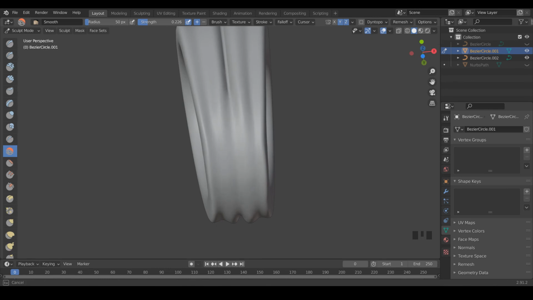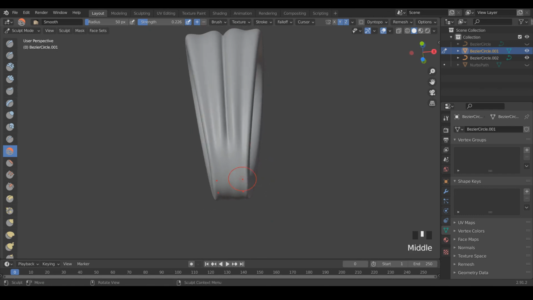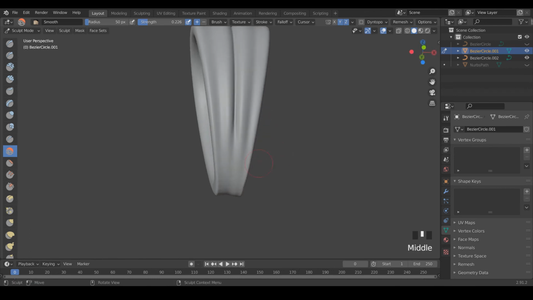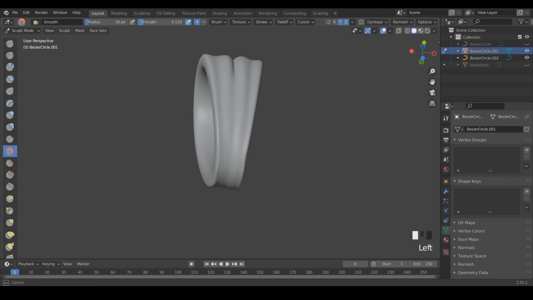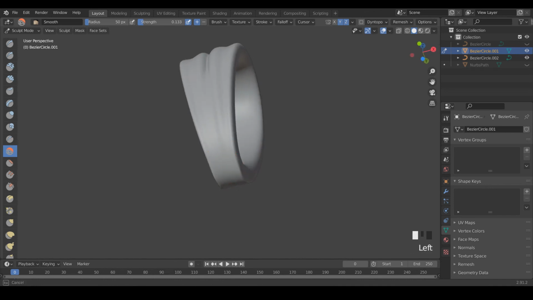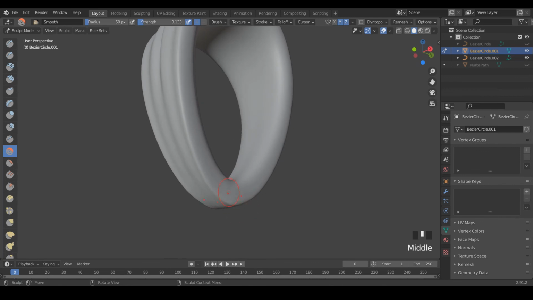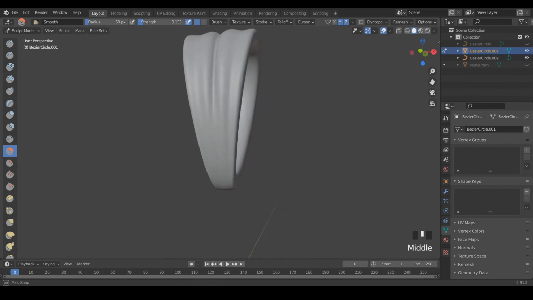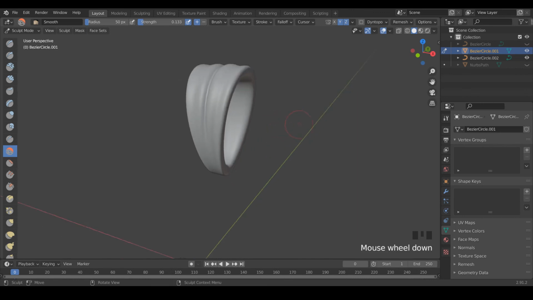And the reason that I'm doing this is because I think that it helps the design to kind of change it up, but also because when I cast this piece in silver, I'm going to need to attach this bale around our loop on our charm. So I might end up cutting the bottom of it and then soldering it back together. And it's just going to be easier to blend out that solder joint if the surface is just a little bit smoother. So that looks pretty good right there.